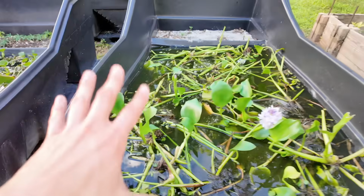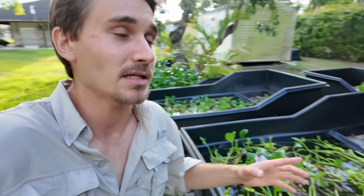Now, we did have the mom inside both of our ponds here, so we could have eggs in both this pond right here and the one behind me. So we're going to have to be searching for a little bit of time, but